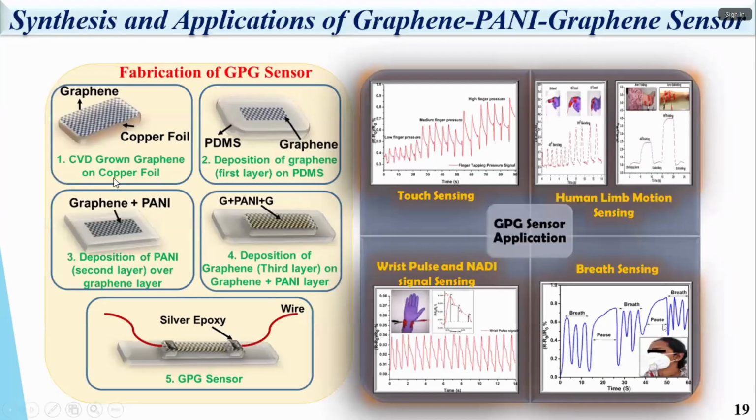So firstly, graphene was grown on copper foil, and then it is deposited on PDMS, because the copper foil